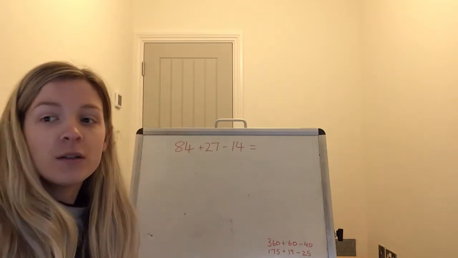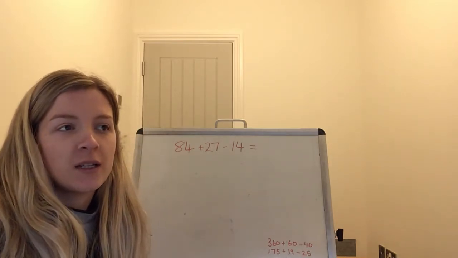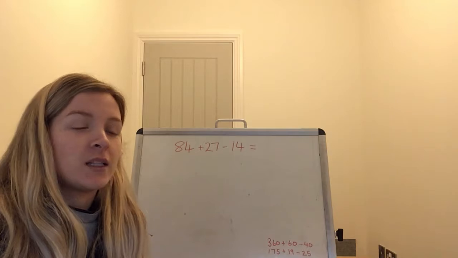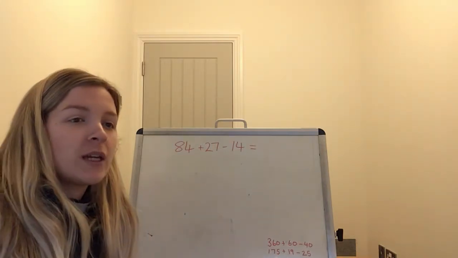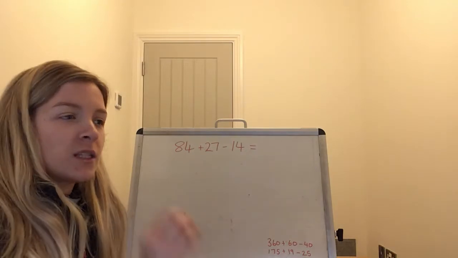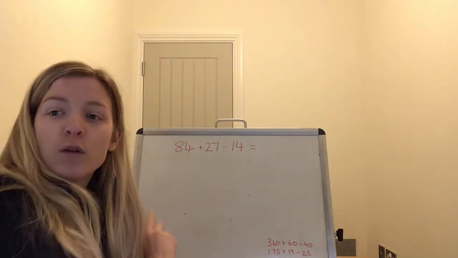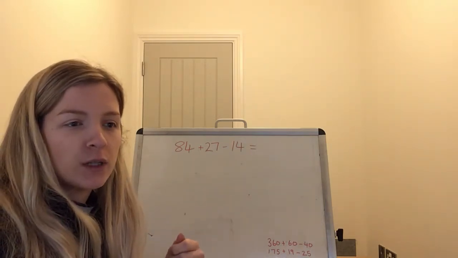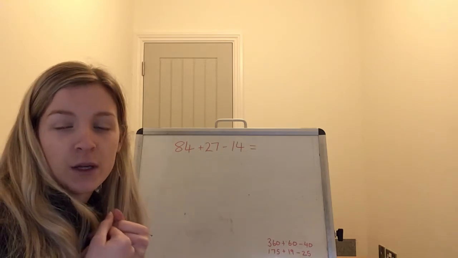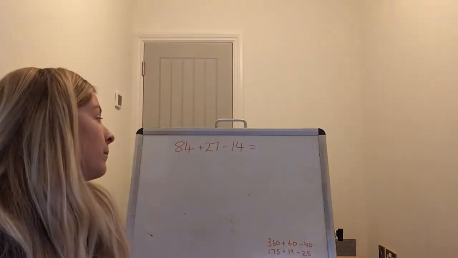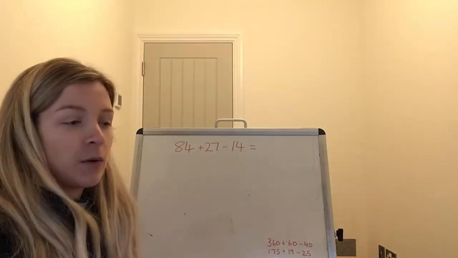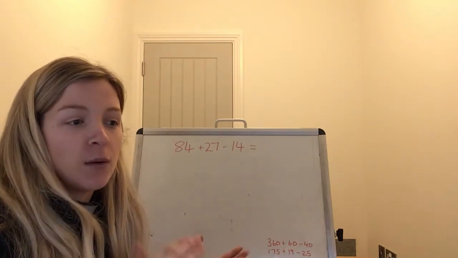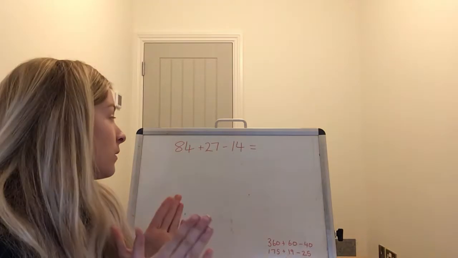So, on Monday, we looked at the most efficient strategy in order to complete some addition and subtraction calculations. We were thinking about whether you should just take a sum and do it as it presents itself, or whether it's worth rearranging some of the numbers, some of the calculations, doing them in a slightly different order to make it easier for you, or to make it easier for us. We know that if we change them around, it doesn't affect the answer. You still get the same answer, but you've just minimised your chance of error and you've been able to do